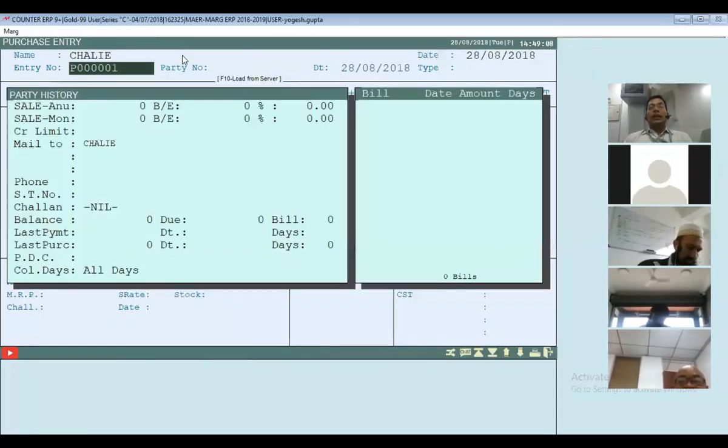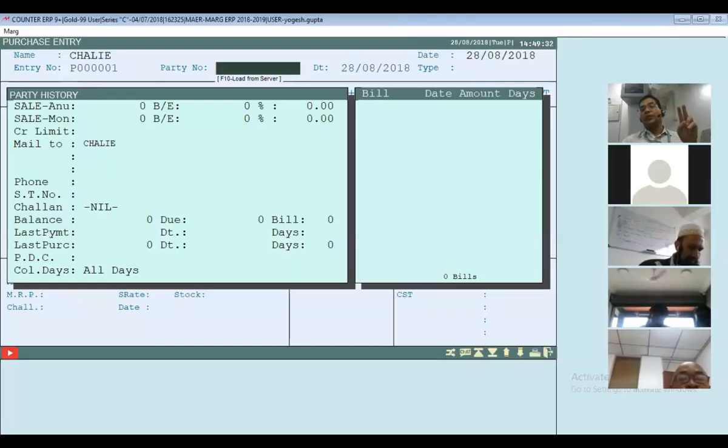Now it is asking two numbers. One is the entry number, one is the party number. The entry number is for my reference. All my purchases would be sequential. This is the party number: the number which is printed on the party's bill, the supplier's bill.